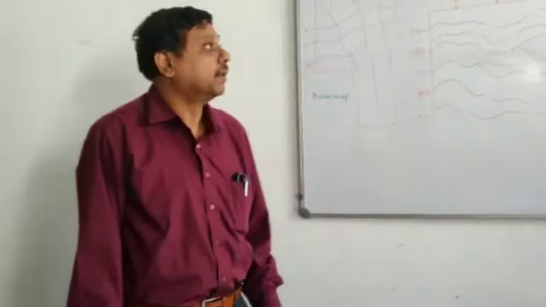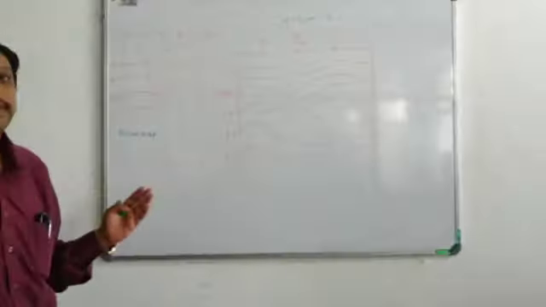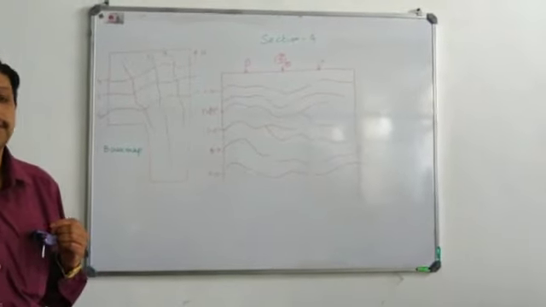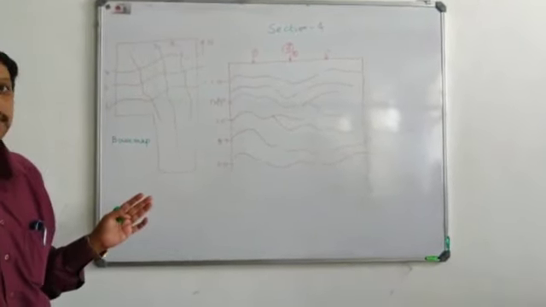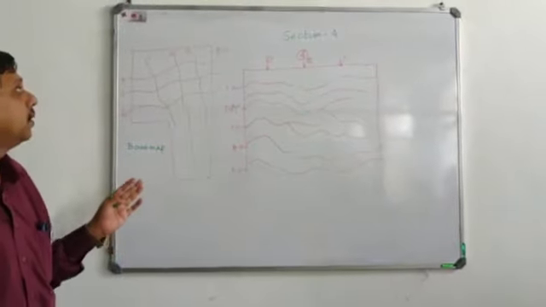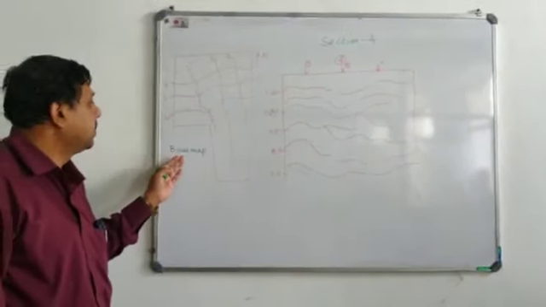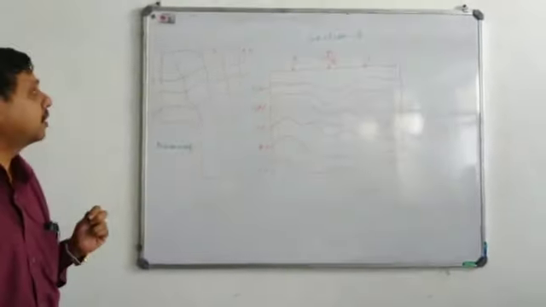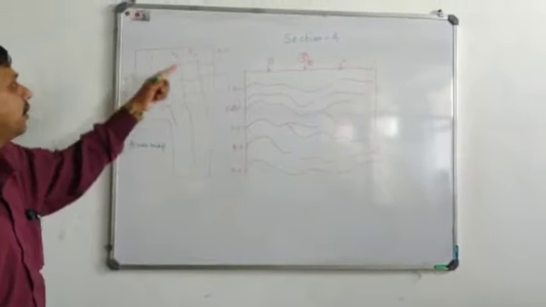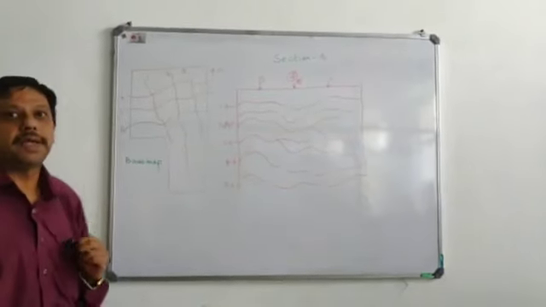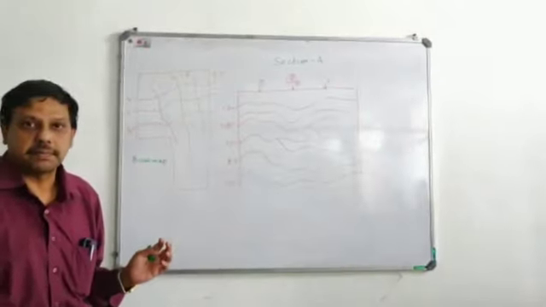Good morning all. We will be discussing interpretation of seismic data, which will be more on structural seismic interpretation. Now you can see on the left there is a base map which talks about the lease, and the boundary is the lease which has been given by DGH. This is just an example.